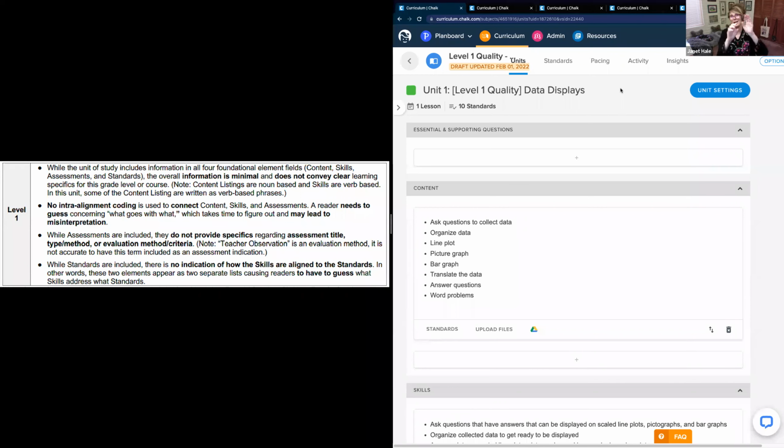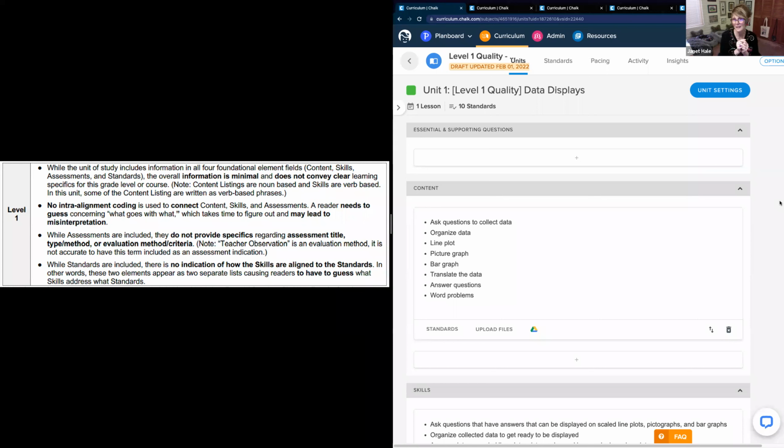So it's kind of like, to me, having a blank white binder, and now you're going to put on the spine what's going to be placed inside that binder. So why is this a level 1 when it comes to intra-alignment as well as detail? I know everyone can read, but this is new for you. So I'm going to go through this one pretty closely as far as the bullets go, and then I won't do it quite as much with the remainder.